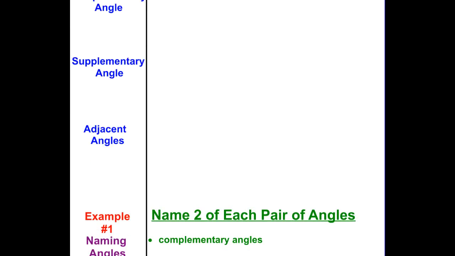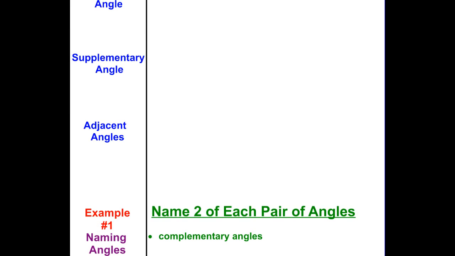Adjacent angles. An adjacent angle is any two angles that share a common side and a common vertex. So I'm going to draw a picture of that one because I think that one's a little bit trickier to understand. Let's call this A, B, and C, and we'll call that D. So A, B, C, D here. So we have two angles. My angle ABD is adjacent